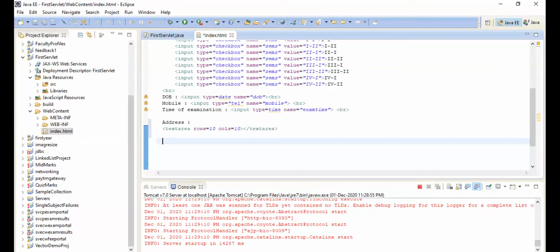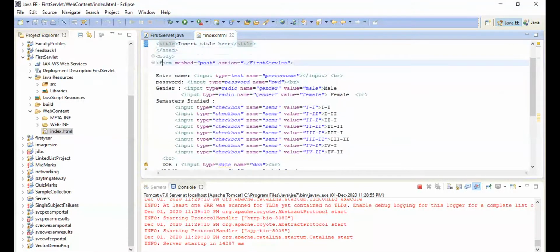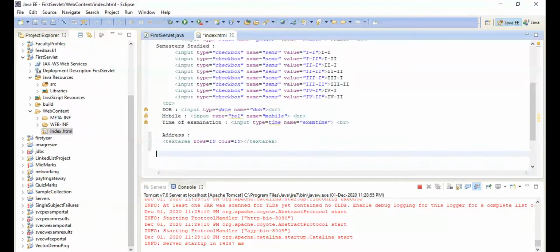Only this number of controls are there. How many students are there now? 80 students are there. So no one talks about this HTML form control.